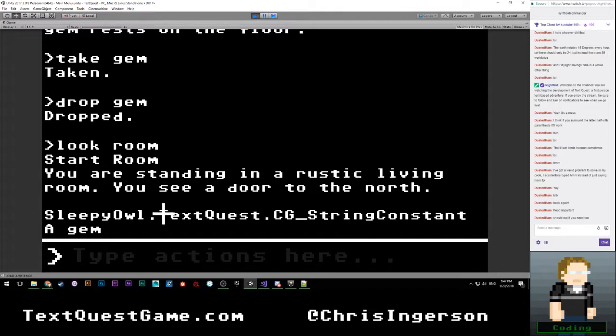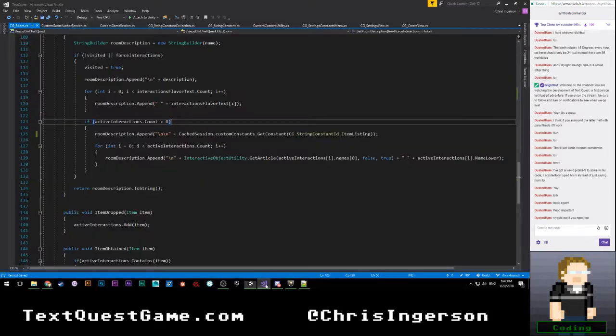I clearly did that wrong. It's almost correct. Okay, let's go ahead and stop playing so I can fix that. Okay, so that makes sense. I forgot to say dot value. There we go. Let's see. Is there anything else I would want to do there? Nah, that should be fine.